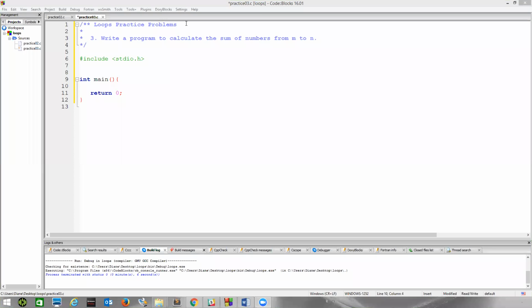Problem number 3 now. We're going to write a program to calculate the sum of numbers from m to n. We already wrote a program just to calculate the sum of the first 10 numbers, so this is only slightly different from that. What we need to do is get the numbers m and n, right? Normally we get information from our user. So let's define the input